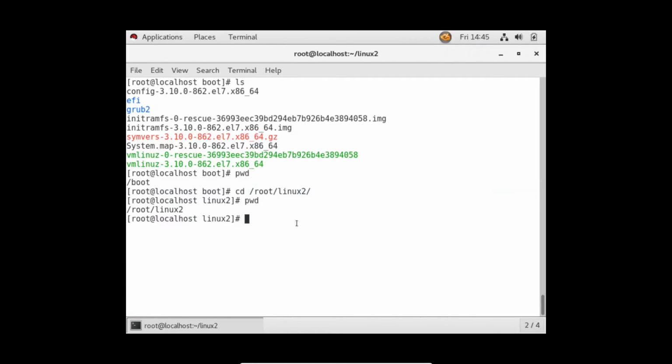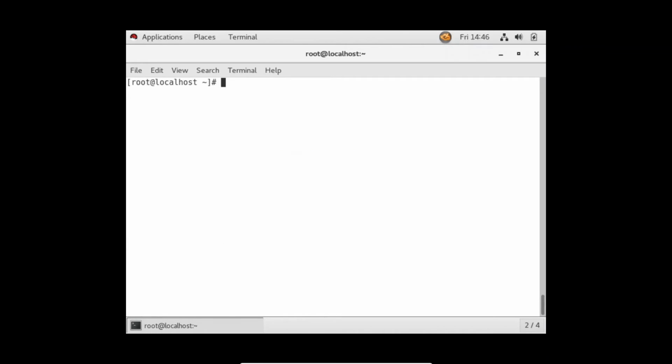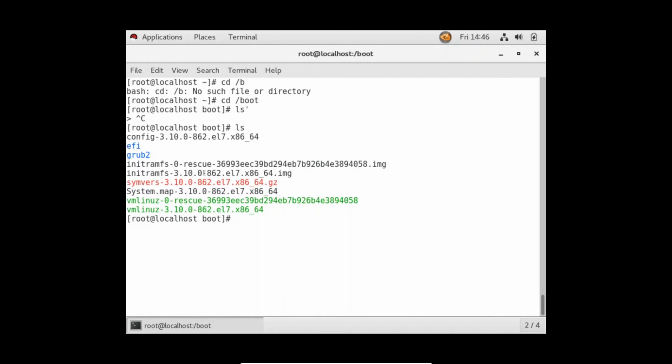The same thing works with ls also. Let me go to the boot directory only. Now if I do ls, see, this will list all the files in this current slash boot directory. But what guys, if you are at